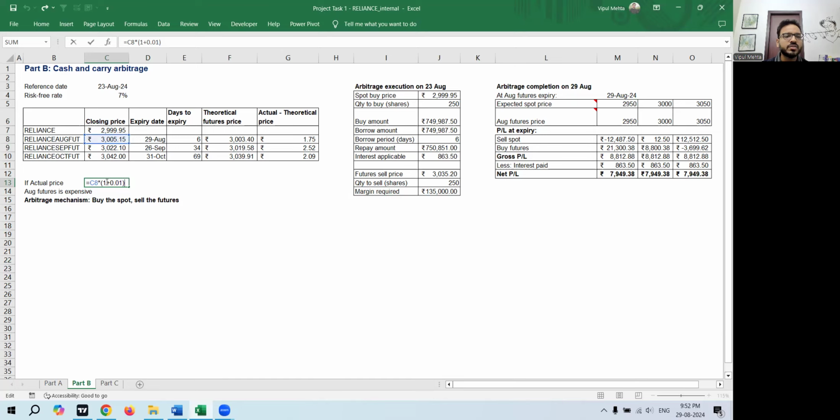ओके, सो 3005 इंटू 1+1%, बेसिकली 1.01 से मल्टीप्लाई कर दिया मैंने, सो दिस वुड बी 3035. ओके, सो अगर ये प्राइस 3005 ना होके 3035 होता, 1% ज्यादा होता, तो हम कैसे आर्बिट्राज एग्जीक्यूट करते? ओके, सो व्हाट वी वुड हैव डन इज, ऑगस्ट फ्यूचर्स इज एक्सपेंसिव, 3035 रुपए है, बट बाय द वे ये था नहीं, एक्चुअल प्राइस 3005 था, बट हम ये अज्यूम करें कि इफ एक्चुअल प्राइस was